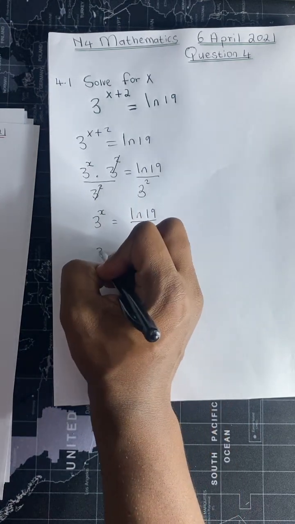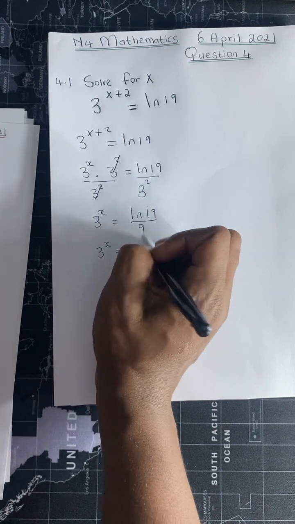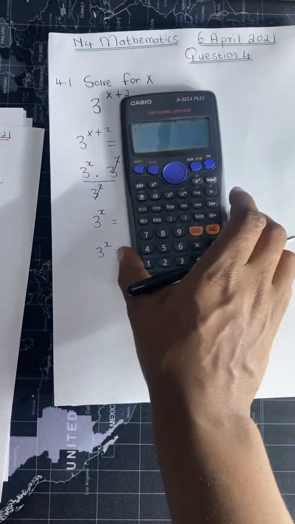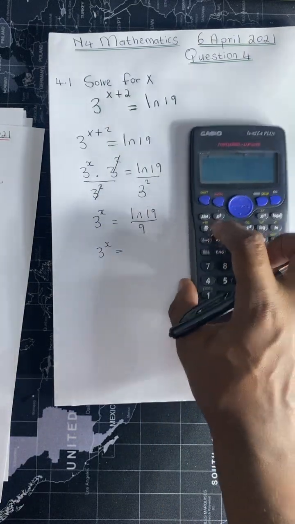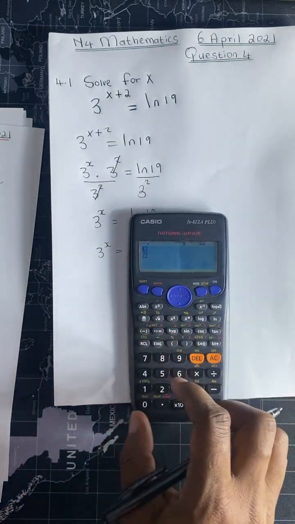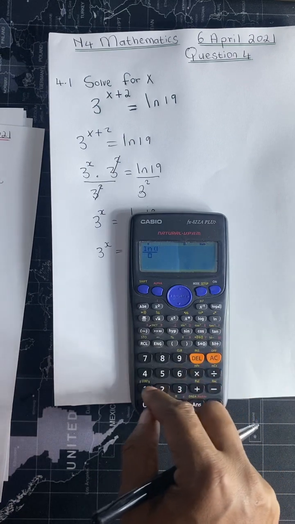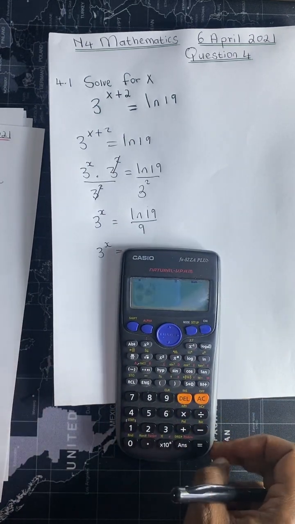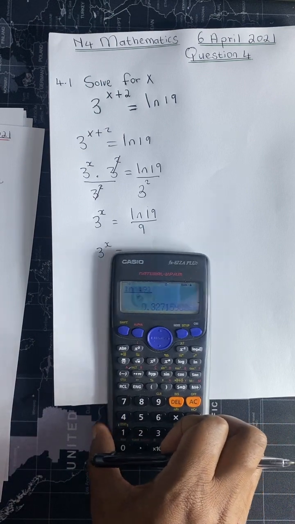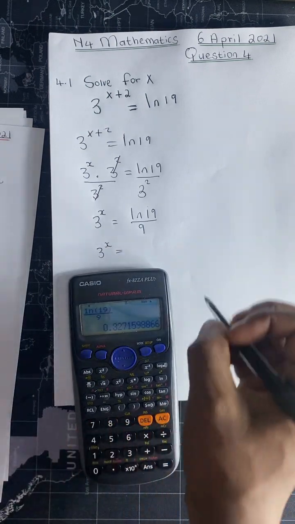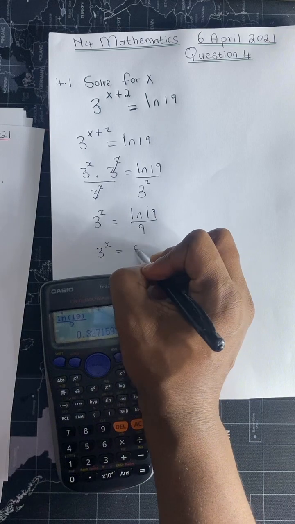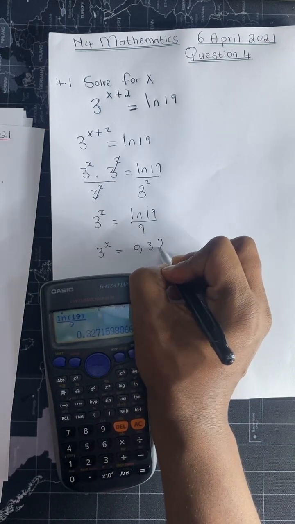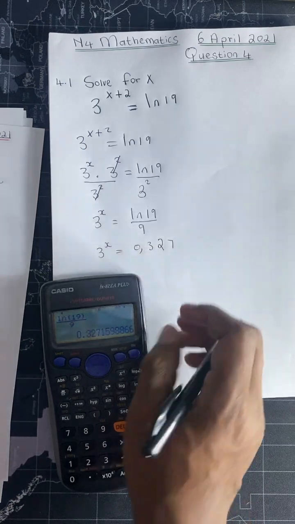So we can compute the ln 19 over 9. So ln of 19 divided by 9, this is equal to 0.327,